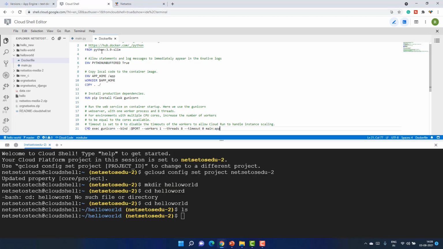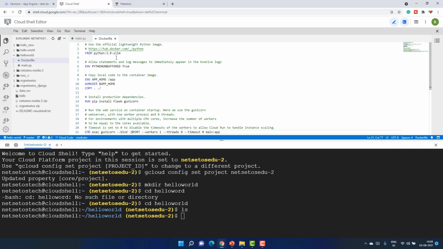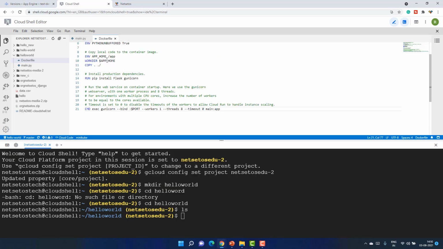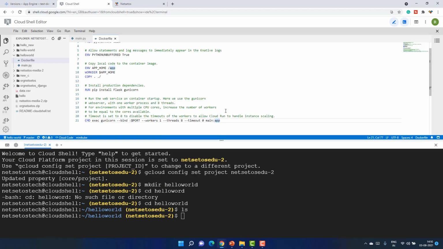What we are saying here is that we are taking a Docker image from Python 3.9 slim, and we have created an environment variable, Python unbuffered, and we are saying the work directory is /app, and that's why we are copying into the current directory. And here we are installing Flask and gunicorn for running this. The last command says to run this application using gunicorn --bind, and this is the timeout. These are the number of threads and the number of workers that we are targeting. So the Dockerfile is a very easy setup.